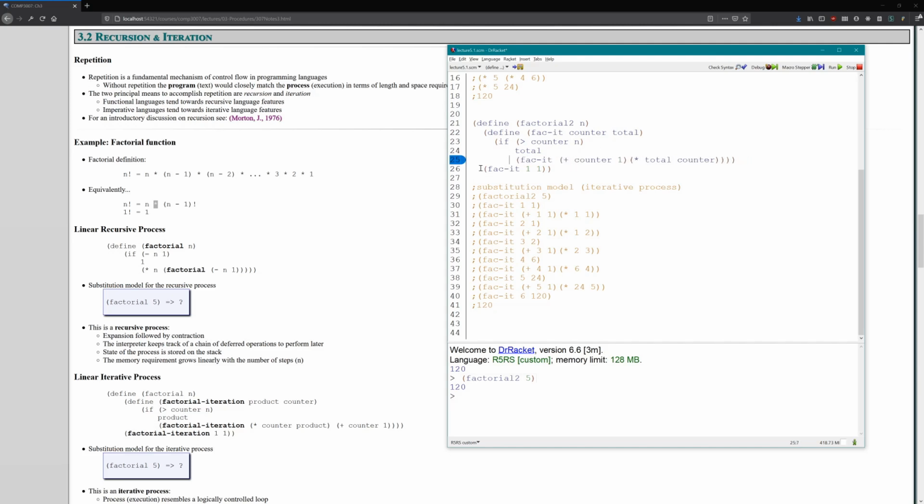So that creates an iterative process where all of the information that we need is provided into the next instance of that function. So the substitution model collapses down. And in fact, for a proper substitution model, you wouldn't even necessarily need all these extra steps. This makes it pretty explicit, having all the addition and multiplication steps, but to really highlight the process, you might